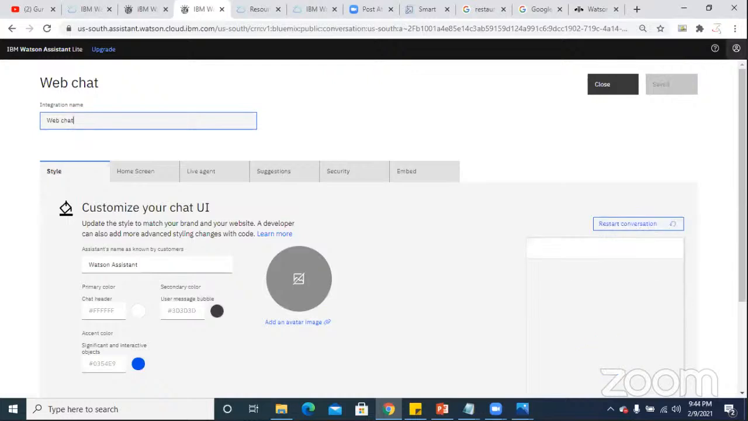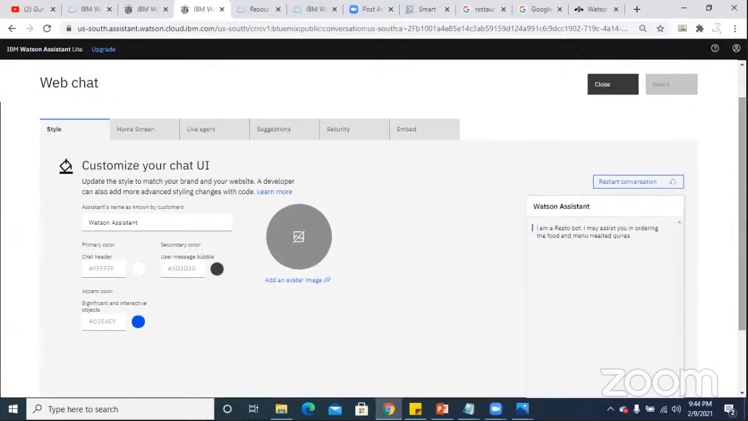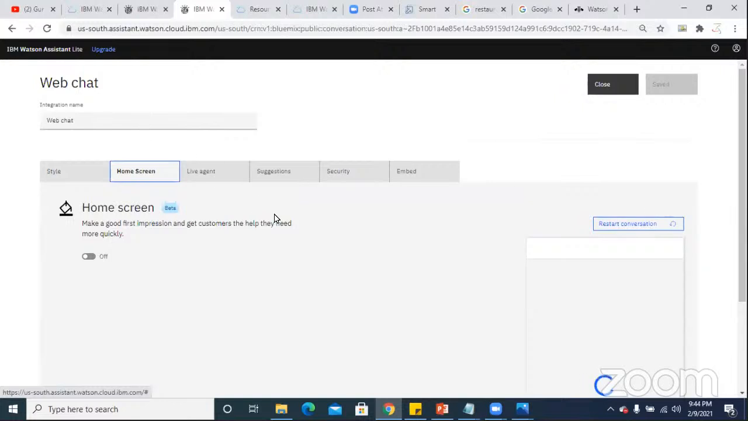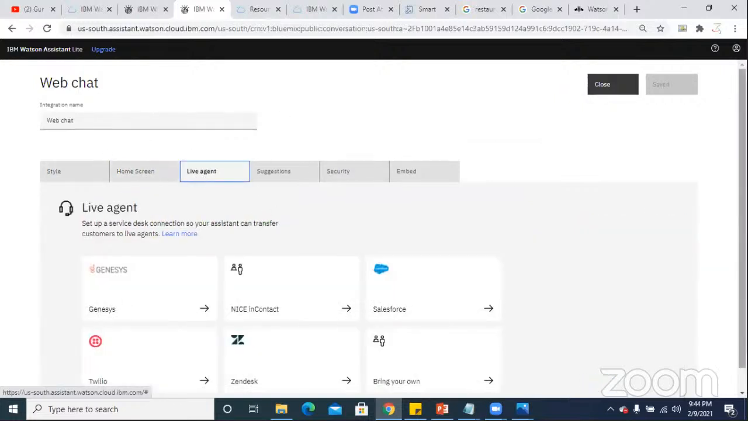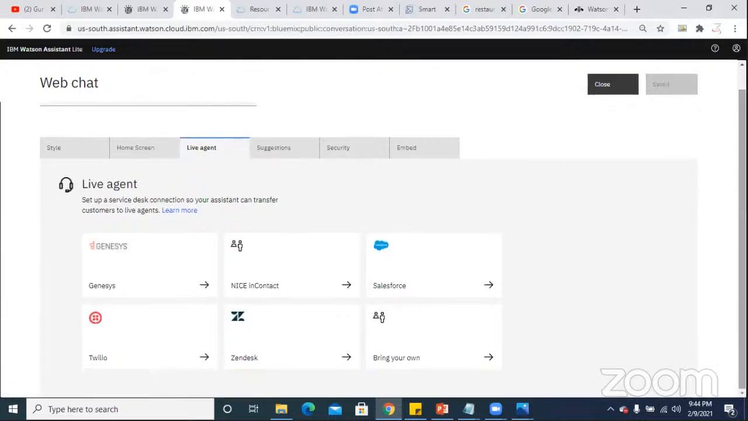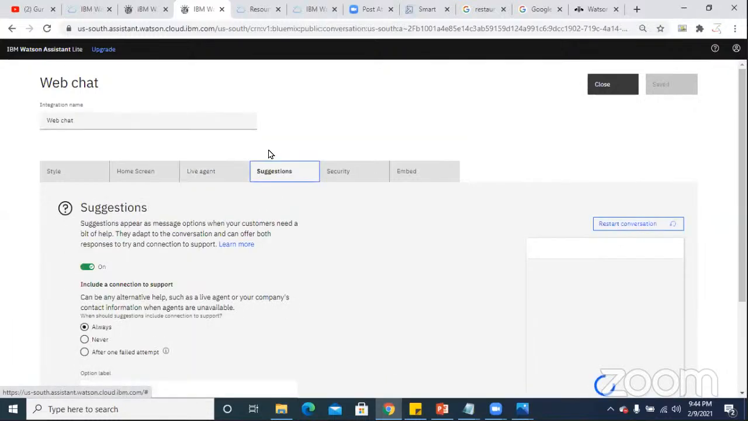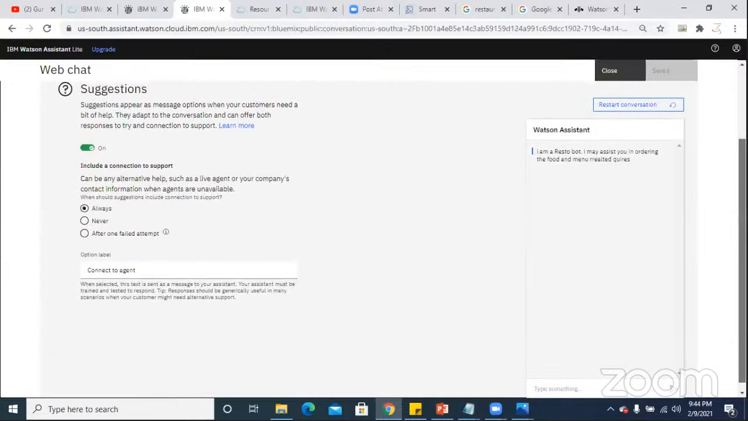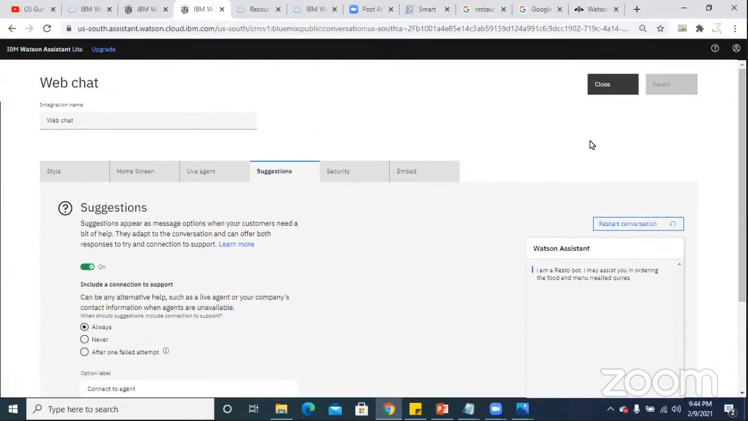So here you can use your home screen. You can also use it as a live agent. If you want to put that in Twilio or Salesforce or anything, you can do it. All right. And if you want to use some sort of APIs,